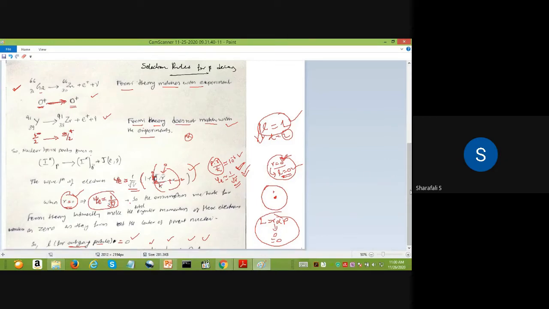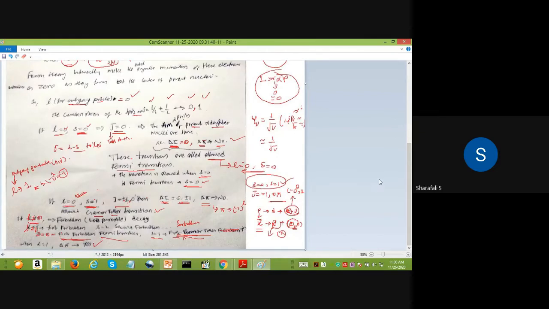So for Fermi beta decay, or decays which follow Fermi decay, these are the conditions for beta decay processes: L equal to 0 and S should be equal to 0. This condition will give you delta I equal to 0, and there is no parity change. In the second case, when you have spin in your system, Fermi cannot do that, and it will not follow that kind of reaction.